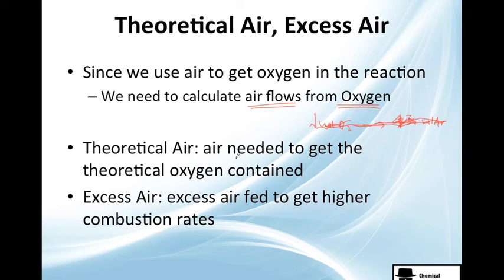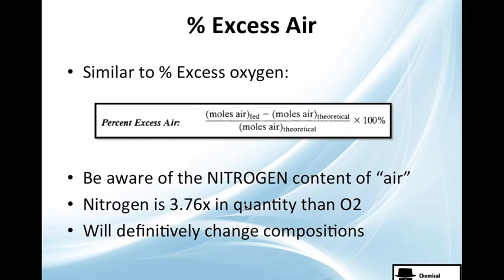Theoretical air is the air needed to get the theoretical oxygen that we need. So we first need to check how many oxygen moles we need, and with that we can calculate how much air we need. But this is theoretical. Now the excess air is the air that goes extra, easier. It's almost the same as oxygen, but now it's air. And this will give us higher rates of combustion. And as seen before, it's similar to O2,